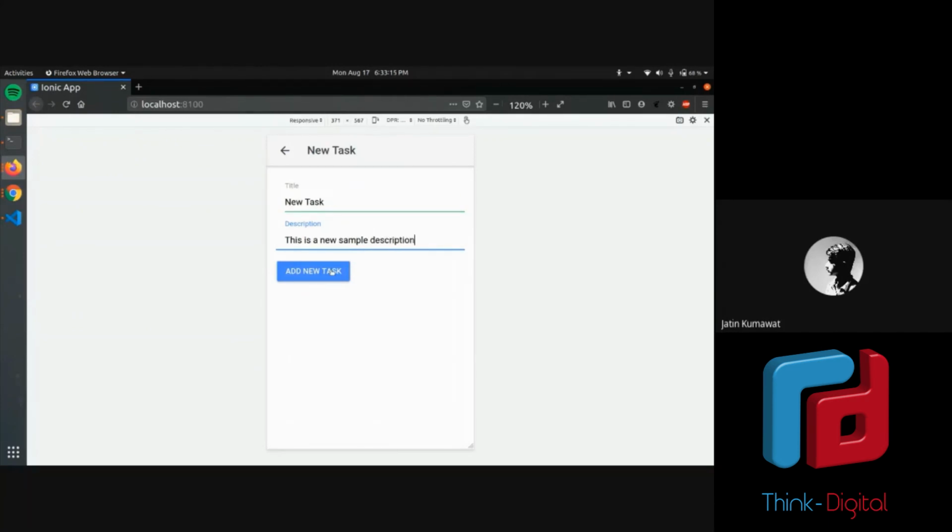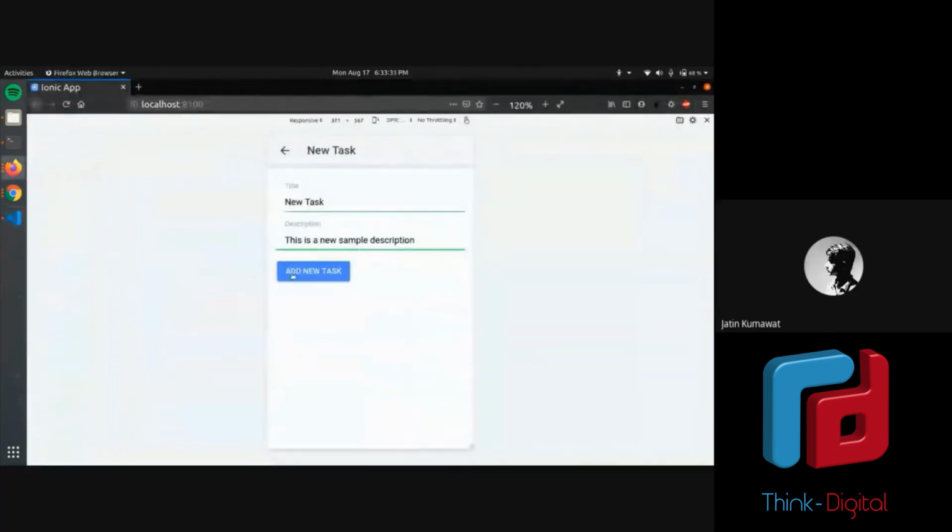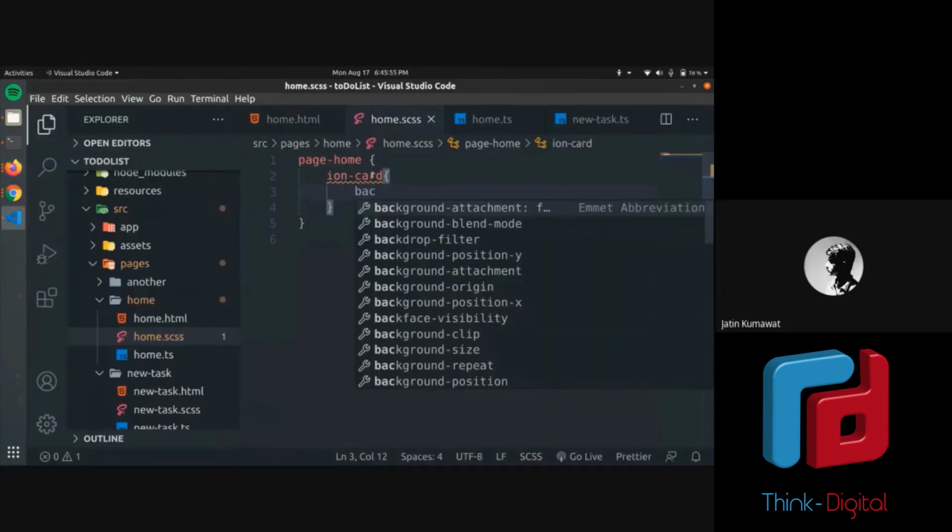I'll just click on this store function. It will call upon this give task function. In this data, it will assign this title, whatever the input field I wrote, to this title data object key, and the description key, and it will store in storage. So I have now stored this value. I'll just go back to my home page to see if it works. Okay, so it works.